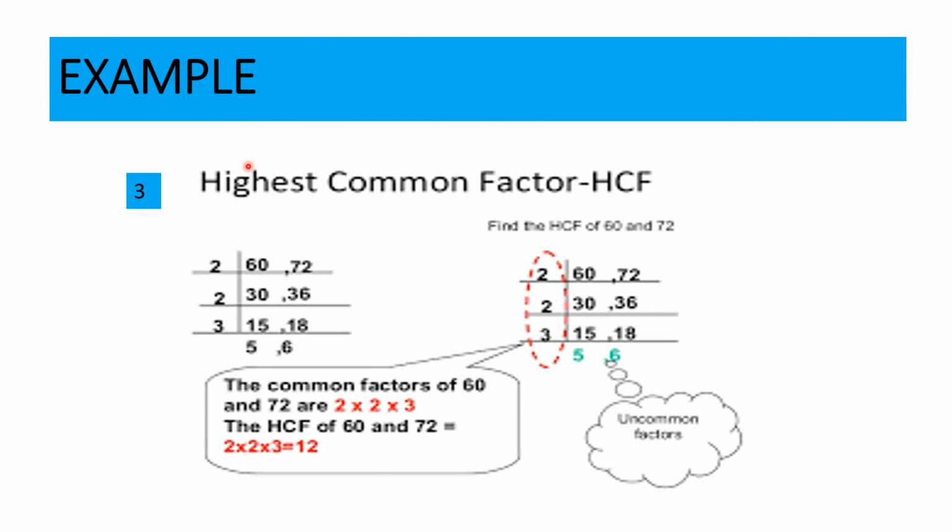One more example. Highest common factor of 60 and 72. Now again let us see. Now 60, 72, you can see here 0 in one's place, 2 in one's place. What is the smallest number that will divide 60 and 72? 2. So we will start dividing by 2. 2 30 times is 60 and 2 36 times is 72. That is if you divide 60 by 2 you will get 30 and if you divide 72 by 2 you will get 36.